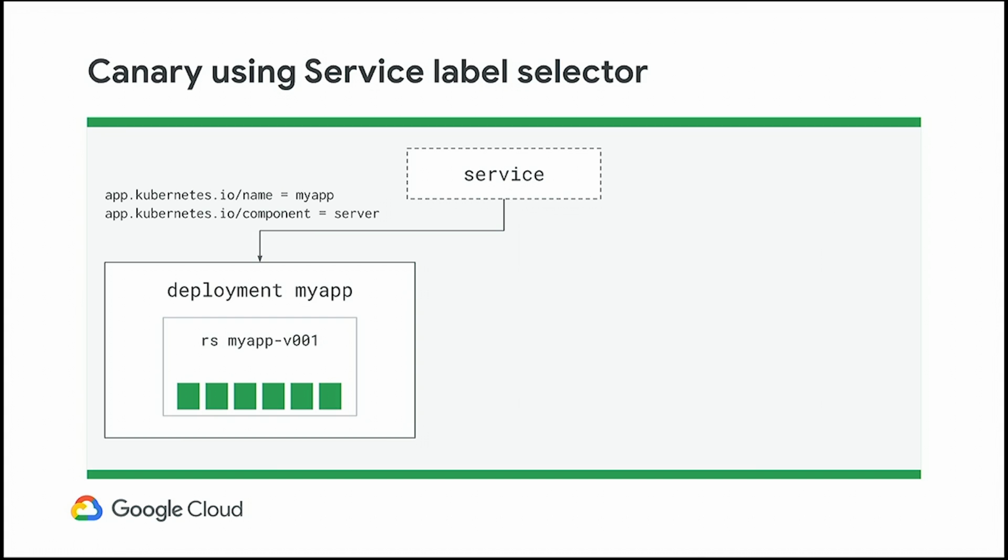We have a service, we have a deployment, we have some label selectors that are pointing at the current workload. I'm using the conventional ones. They're useful. You might want to use your own. That's not a hard and fast recommendation. Notice that the label selector here is quite specific. You'll see why in a second, why it has this component equals server additional selector,